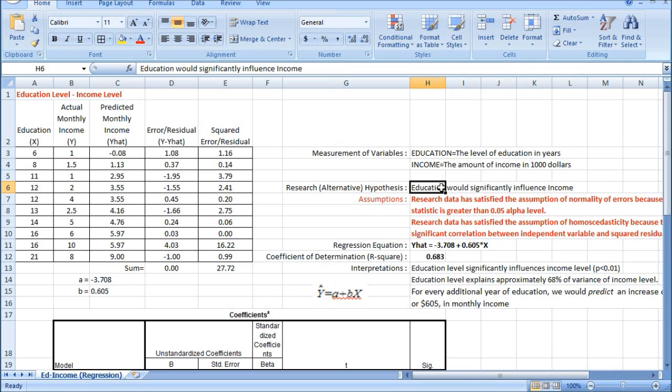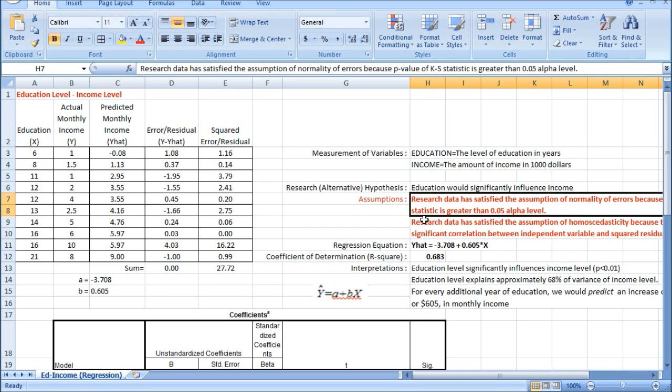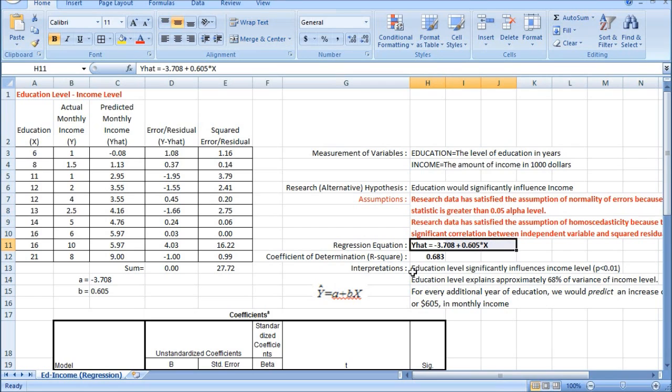That was the research hypothesis of interest. And the first thing we need to do is to make sure the assumptions have been satisfied before we get the regression equation information and interpret this regression equation like this.